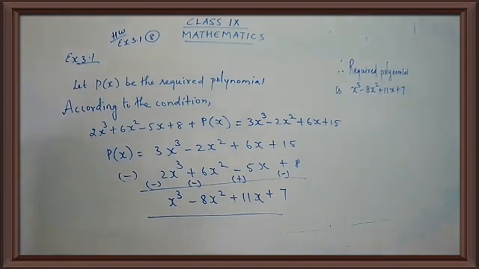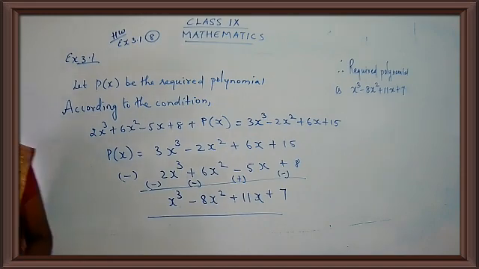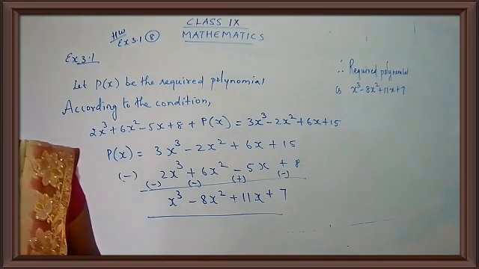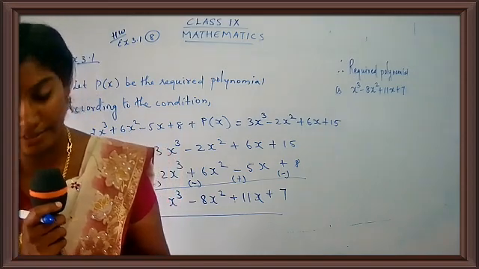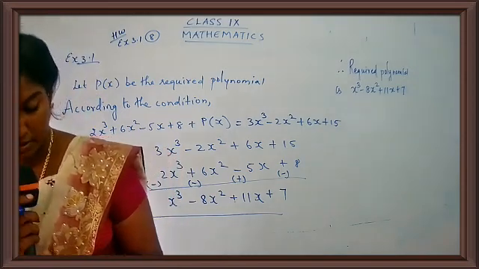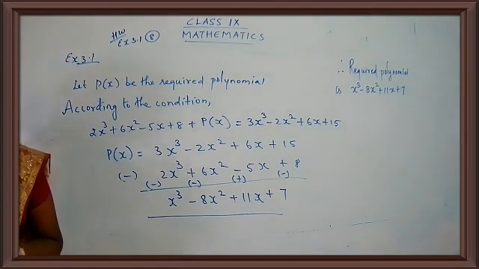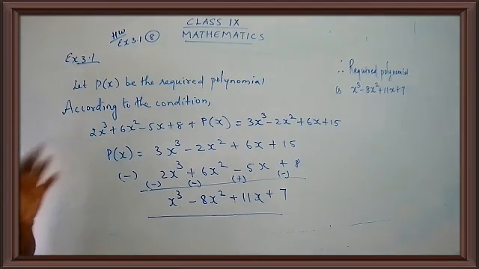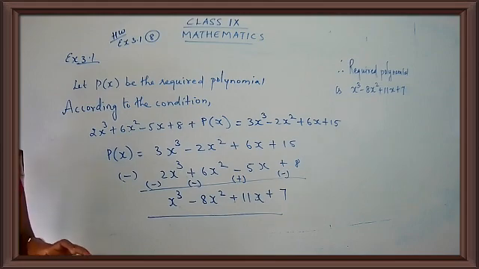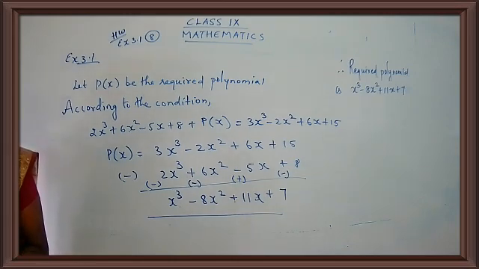Okay, now let's start with a new operation, that is multiplication of polynomials. We are going to see how we are going to multiply two polynomials. A very interesting method. So let's see how to do this. Write down the question. Multiply the following polynomials and find the degree of the resultant polynomial. That is, after finding the answer, you have to find out the degree. You know what is the meaning of degree? Degree is the highest power. The highest power is called the degree. So we have to find out the degree also. So first thing is you have to multiply the polynomials, and after multiplying you have to get the degree of the product.